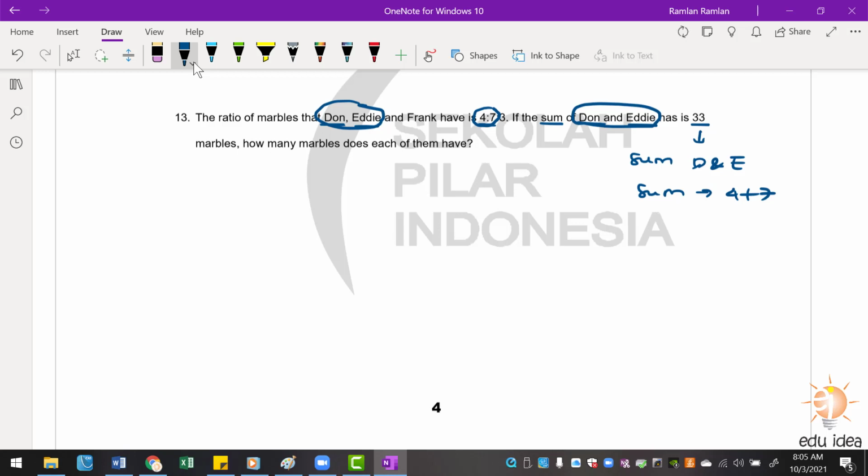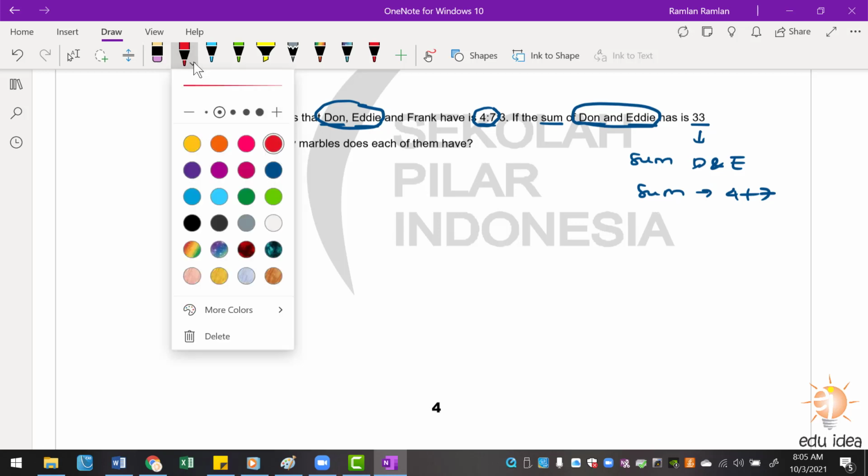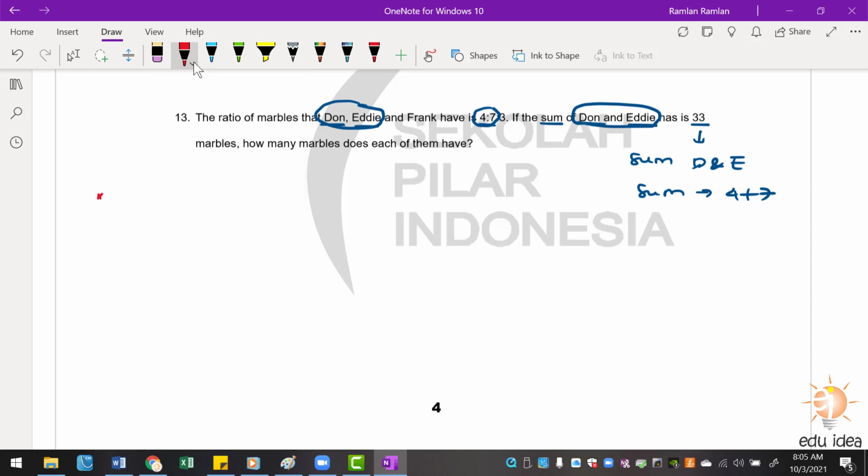Okay, so please read the question carefully. The next question is: how many marbles does each of them have? So we do the same thing as the previous one. If you want to know Don's